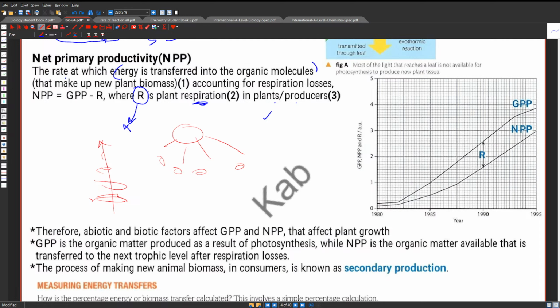Respiration is essential for metabolic reactions, but it burns up organic matter and its chemical energy in the process. The energy lost as heat in respiration is permanently unavailable to higher trophic levels. I don't know why I say energy levels, trophic levels, sorry. What remains is the biomass, the stored organics that the next consumer can eat, which contains less energy than what the organism originally fixed. Okay, so which means that